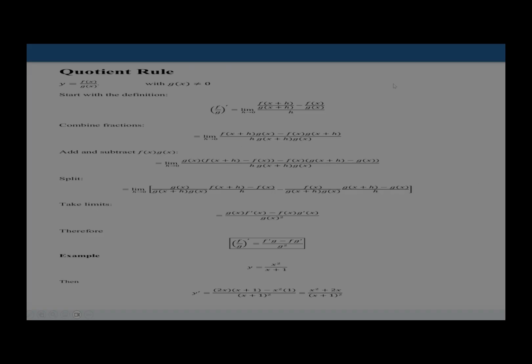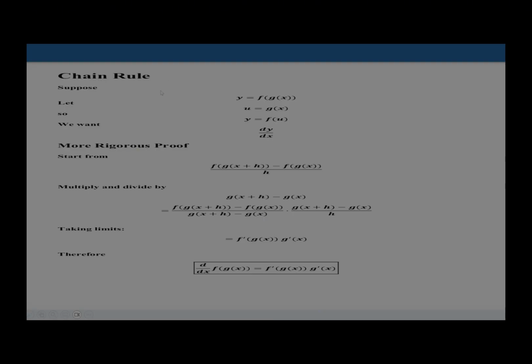Now the last one is the chain rule. The chain rule has two ways to explain it. Suppose y is a function f of g(x), a function of a function. We split it using u: let u equal g(x). So this function y becomes f(u), and u becomes the variable instead of the function. If we want dy on dx, the derivative of y with a little change in x,